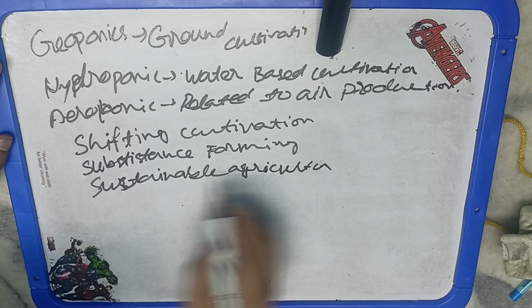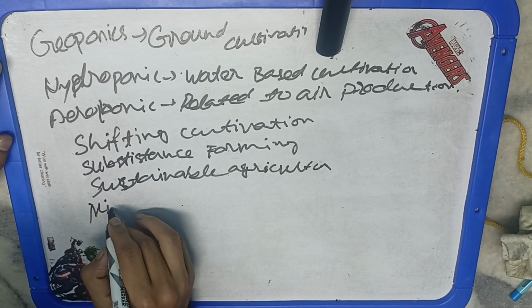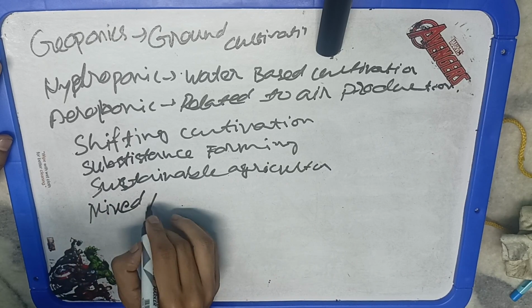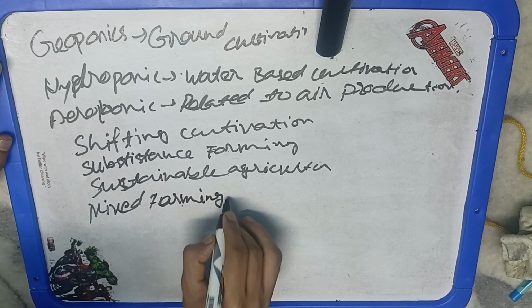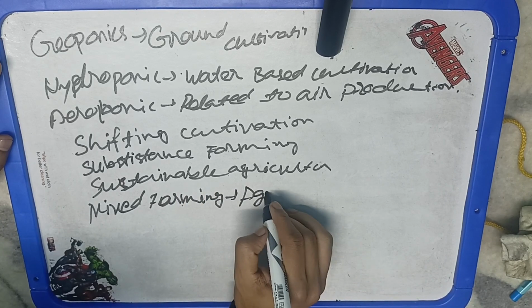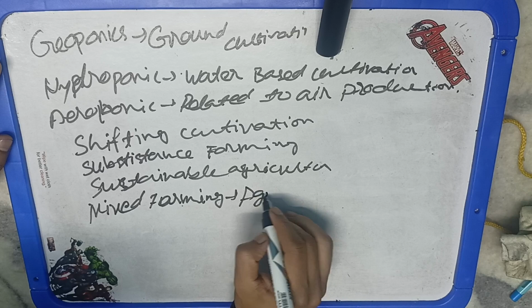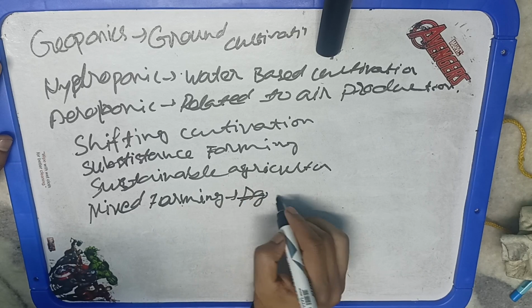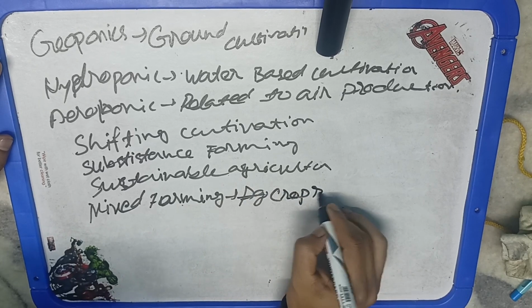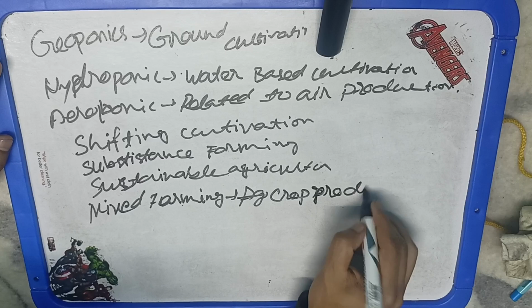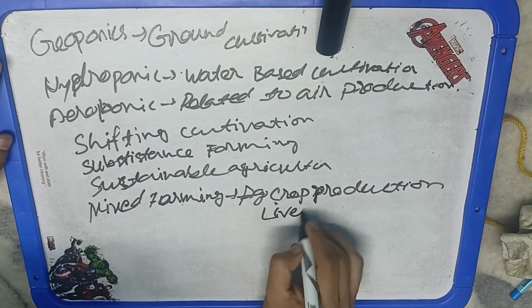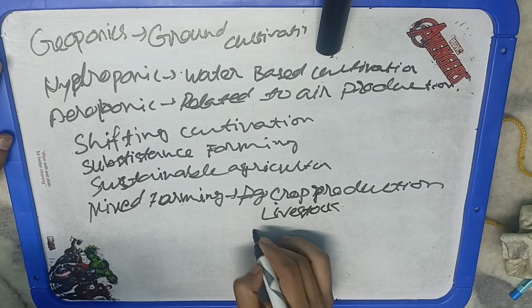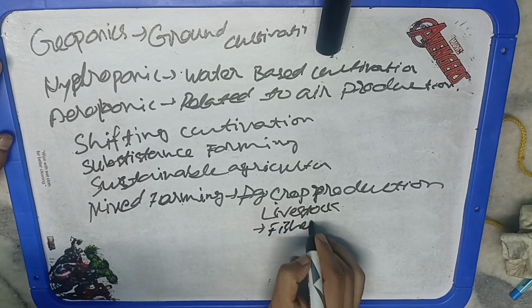Then there is mixed farming. Mixed farming is a little bit different from mixed cropping. Mixed farming is basically where we are doing agriculture and we are also engaged with activities which are related to agriculture, or related enterprises. So not only crop production, but when the farmer is also engaged with other enterprises related to agriculture, it is known as mixed farming. You can see crop cultivation, livestock raising, and fisheries on the same farmland, and it is known as mixed farming. Basically it is for maximizing resource utilization.